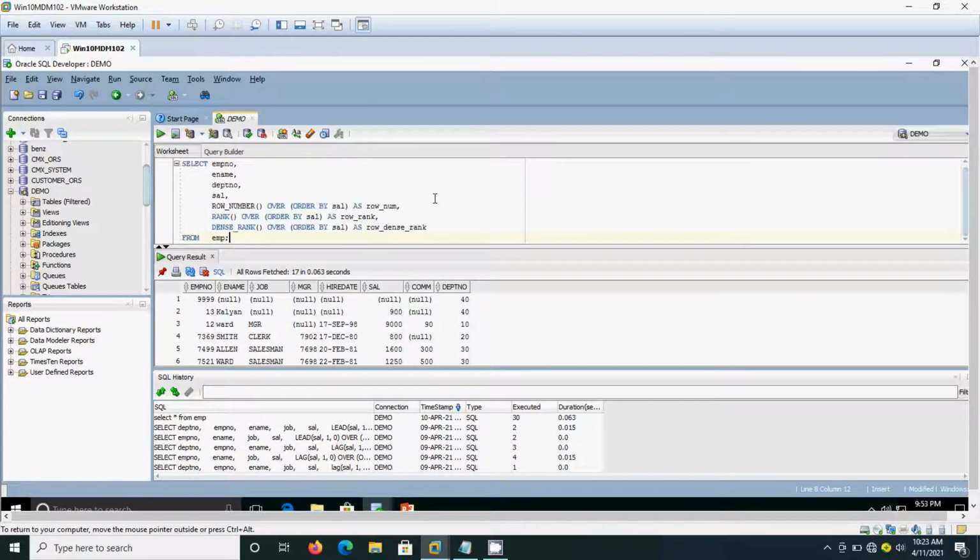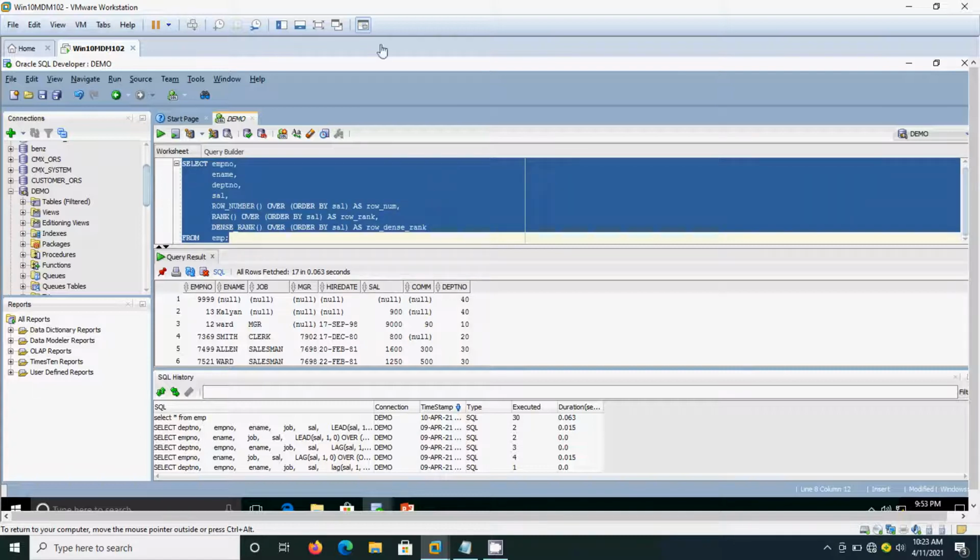Here I have written the query already. Here we have used ROW_NUMBER, then OVER ORDER BY salary, because we are going to allocate the row number, that means the unique number, on the basis of the salary column.